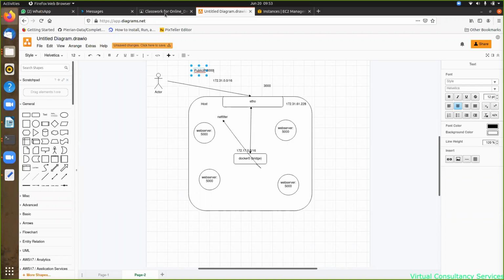Now I was saying, if a user is accessing port 3000, then obviously the assumption is that some service is running on this instance on port 3000, but I have opened that port to listen, and actually I want to access a web server which is running on this. So I need to tell Docker0 that I have a request which is coming in on 3000. I want to route it to a web server on run. So I need to do what? A port mapping. And in Docker, port mapping is